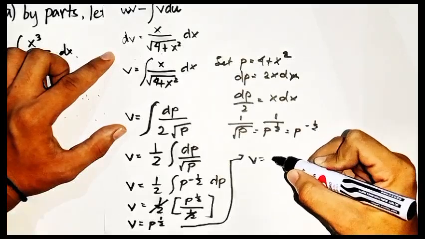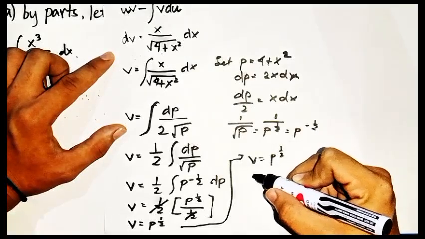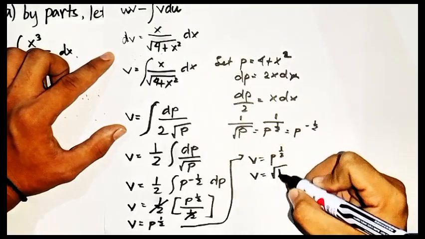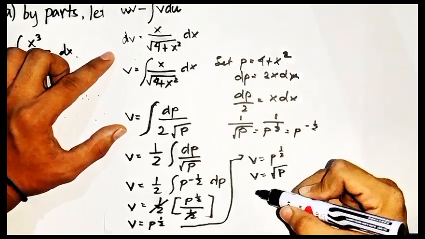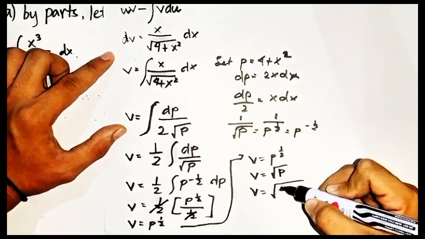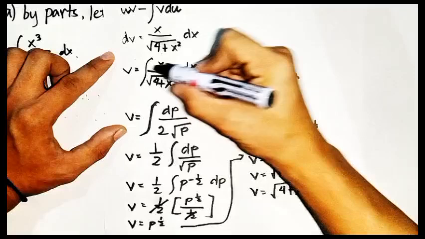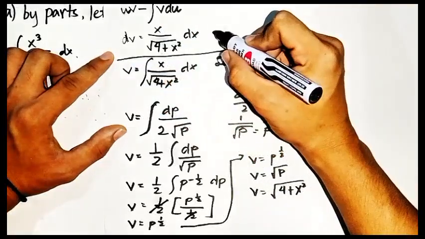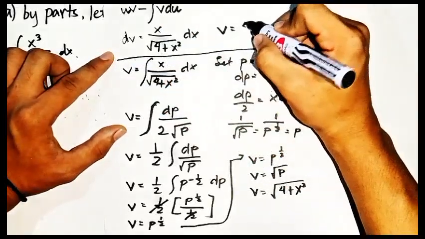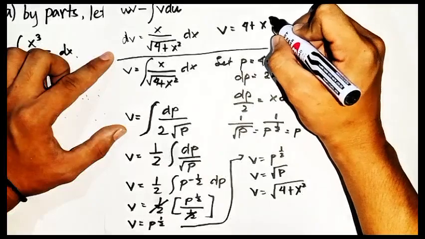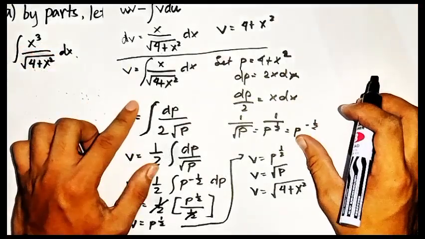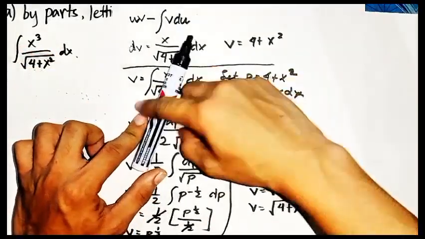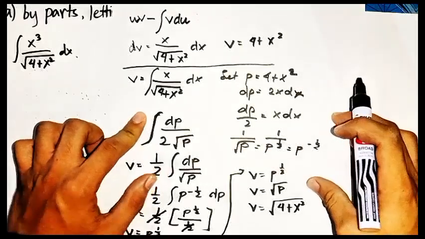v is equal to p to the power of 1/2, which is the same as v equal to the square root of p, and our p is 4 plus x squared. So our v is the square root of 4 plus x squared. So now we have v. Now, since we have v and dv, but we don't have u and du, let's go back to our